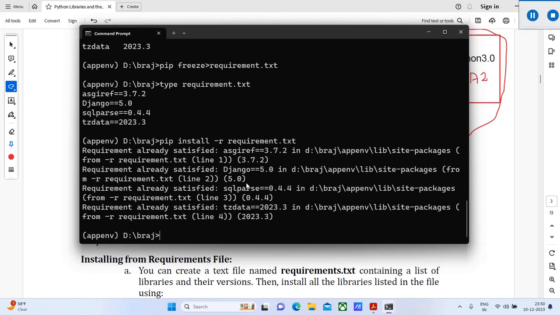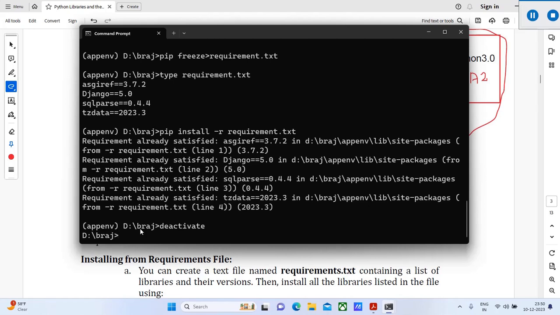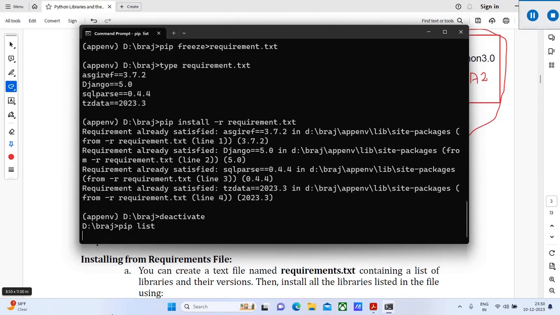Now we will come out from this environment folder by typing deactivate. We come out from the virtual environment, and now we are in the system folders. So at this place, if we run the pip list command,